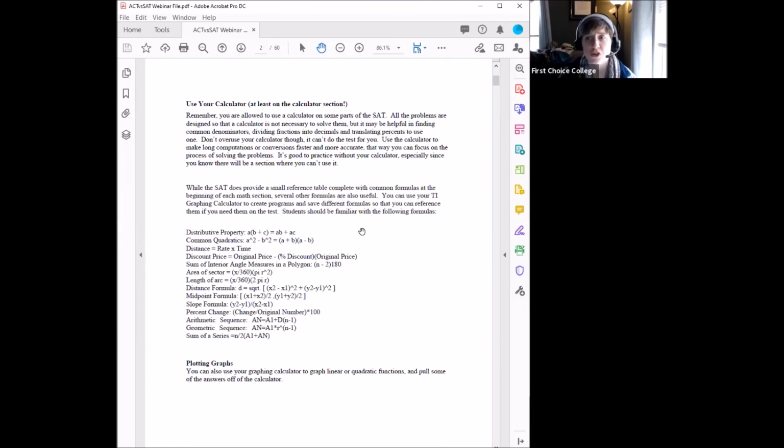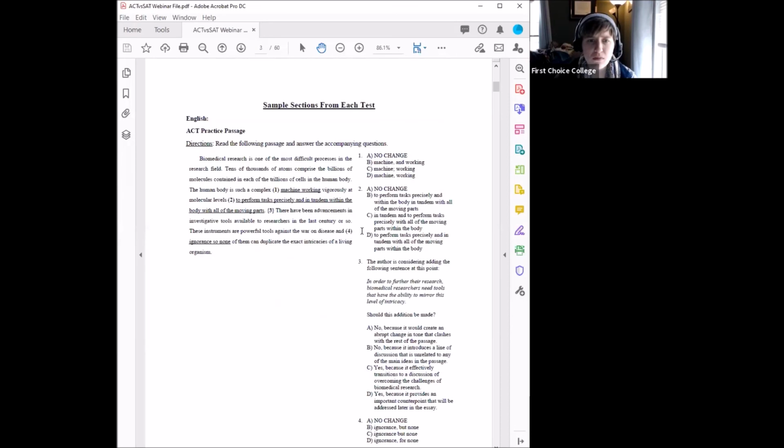Those are all things that students should think about because those are skills that are helpful, especially on a timed standardized test where showing your work is actually not part of your grade. So things like plugging in answers and testing answers are all perfectly legitimate strategies for approaching these questions. I highly suggest that students take some time to familiarize themselves with the different features their calculators have. This packet goes into a few different ways that students can use their calculator to help them out.